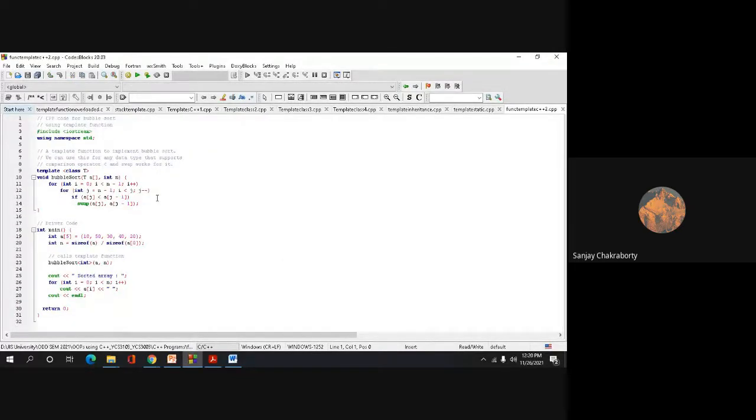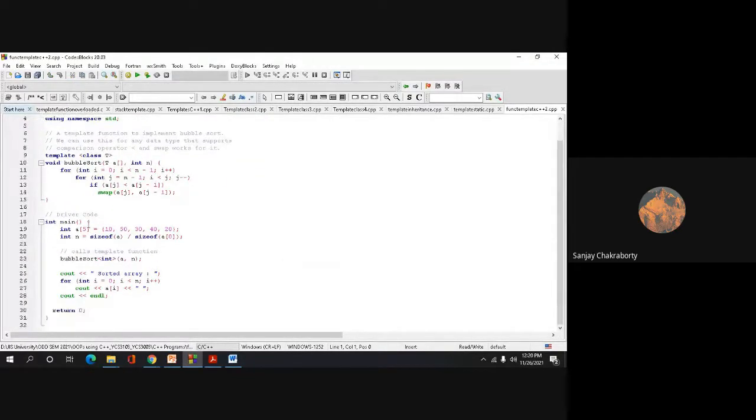So everyone look at this code very carefully, which I have already discussed in the previous one. In this previous code, can anyone tell me, I have taken only one class parameter t, and this one is a normal argument of type integer, which is fixed. Why? What is the job of this class parameter t? This t can be integer type, this t can be double type, this t can be any other kind of type. That's why we can use this class parameter t.